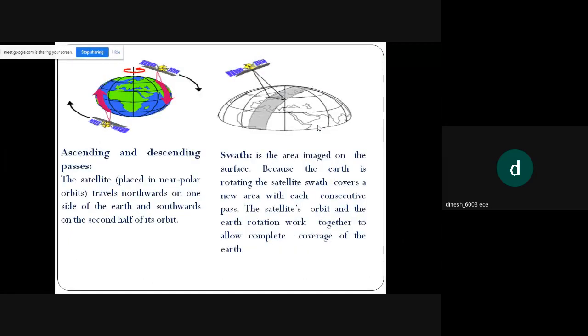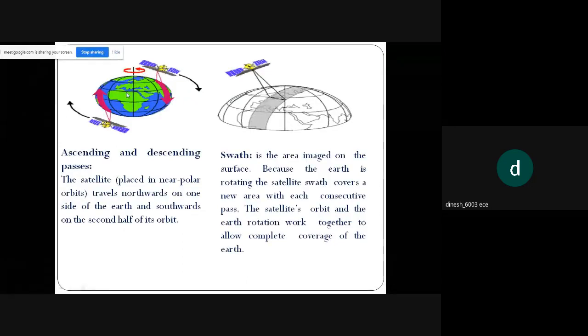Next is the ascending and descending passes. The satellites that are placed in the near polar orbits travel northwards on one side of the Earth and southwards on the second half of its orbit, like this, as shown in the diagram. So you can see at the above diagram left hand side,